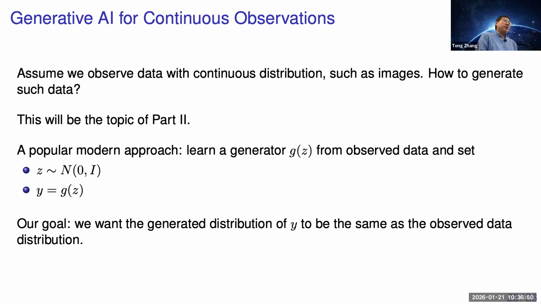But for the third part, you have to go back to talk about how do you do that, right? There are no standard ways of doing that. This one shifts more from the traditional statistics in the way it is done for continuous observations. How do you generate those instead of discrete tokens? This will be the topic of part 3. A popular method, and actually the current way of doing that,